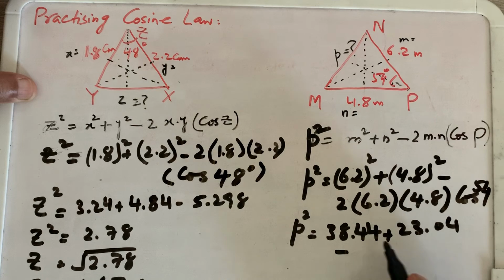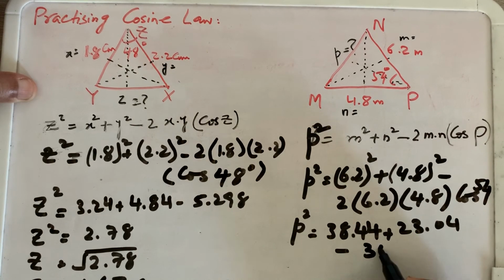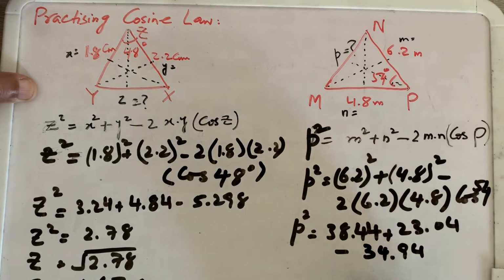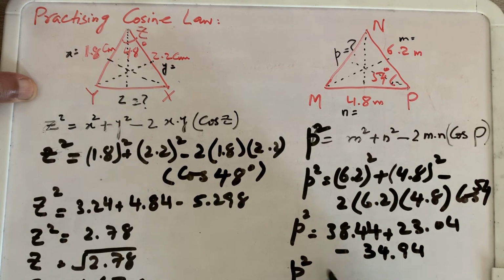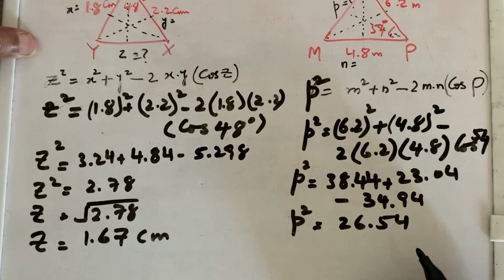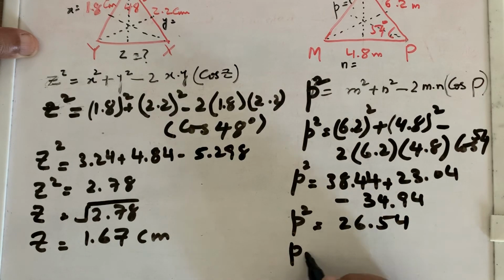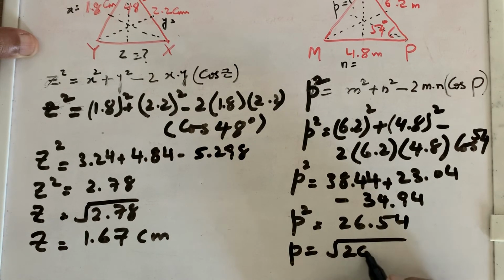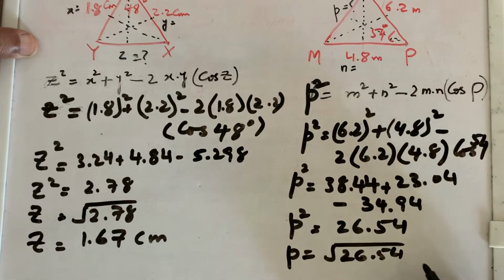So when you simplify this whole thing, that comes out as 34.94. The rest of the thing is just substituting in the values and then calculating and simplifying for the answer. So this is 26.54. And if you take the root of this, p is equal to the square root of 26.54, which is equal to